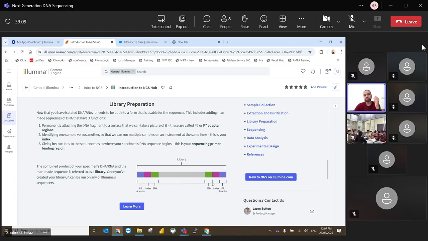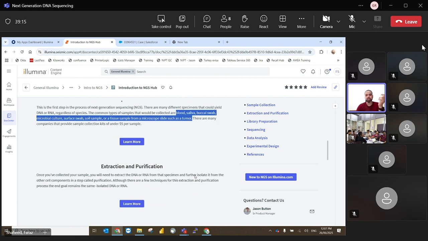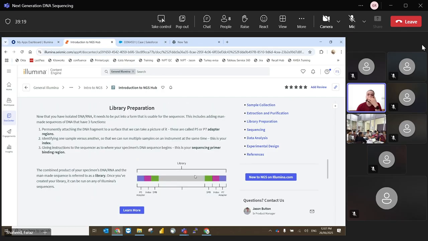So you also need to do quantification again after library preparation. Do you understand? There is one quality check after extraction and purification, and another quality check will come after library preparation. And here we also want to know the size of the fragment, which we can do by the